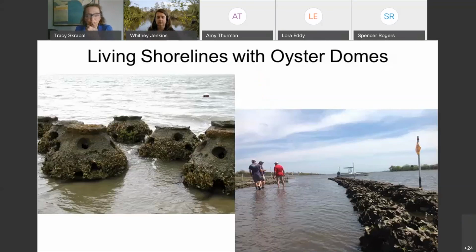And I'll show you two examples here. The bottom left, these are large structures, much larger than you could wrestle with using volunteers. This is in front of Carteret Community College. Yes, Carteret Community College and NC State University has property on Bogue Sound, and we incorporated this into a number